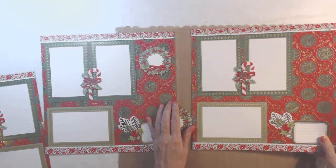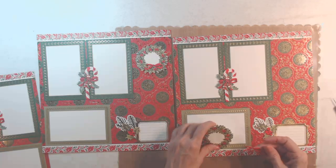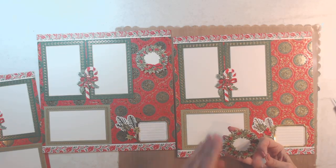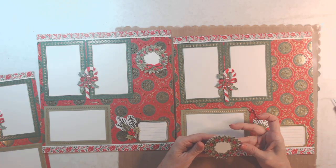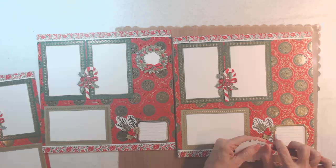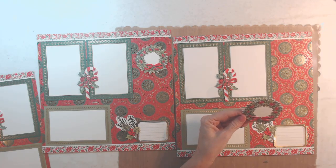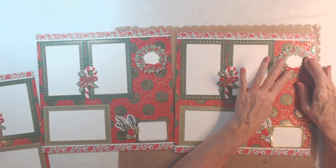Stuck underneath. Okay. And then we have to trim this green so I can use it as a bow. And remember I was telling you to cut these off the back of the extra, and let's see, does this have a beginning or end? I don't know if it has a stem or not, so we're just going to stick it right there, and adding that little bow is nice. So now all we have to do is figure out, do we want to add a name or something else? If that page is done,